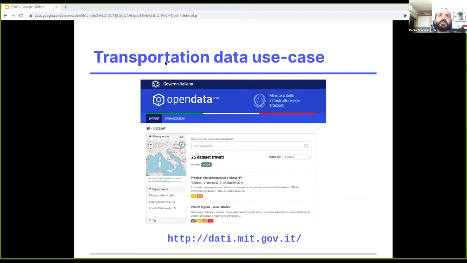This was a project we did in 2016 as a part of our involvement in the open government project for the ministry. We were in charge of implementing the open data portal, and the choice was using CKAN. The setup, as you can see, is a classic CKAN with a custom template applied, reflecting the user interface guidelines of the Italian Agency for Digital Innovation.